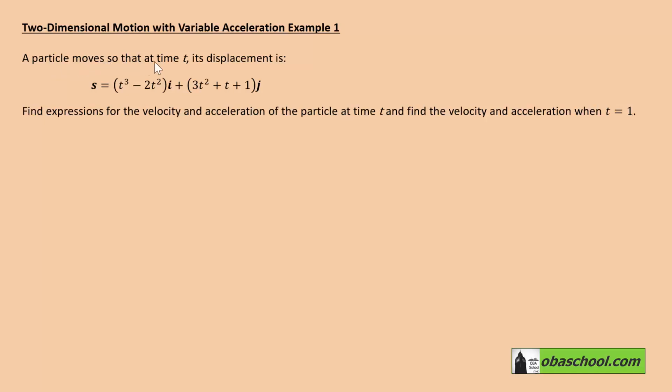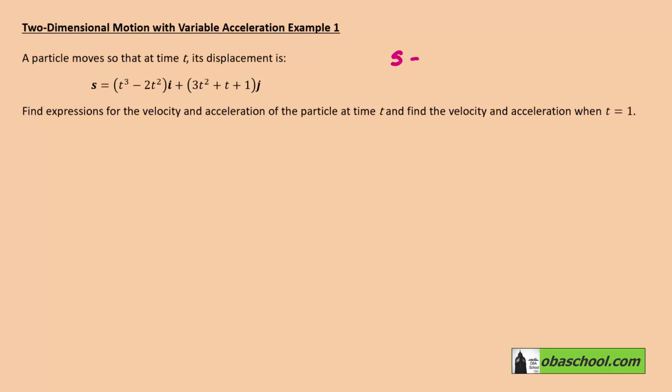A particle moves so that at time t its displacement is s equals (t cubed minus 2t squared) i plus (3t squared plus t plus 1) j. Find expressions for the velocity and acceleration of the particle at time t and the velocity and acceleration when t equals 1. Now I'm just going to say that we can use column vectors instead of ij notation, and if